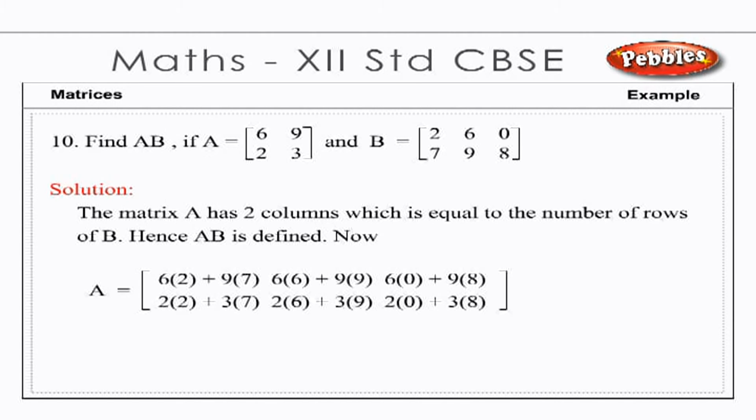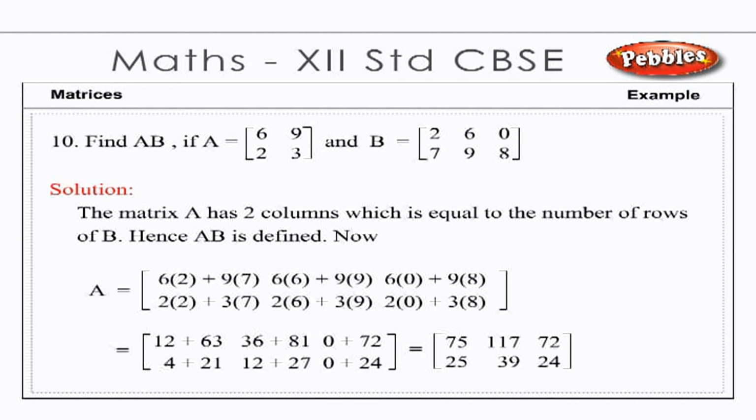Now, AB is equal to matrix [6 into 2 plus 9 into 7, 6 into 6 plus 9 into 9, 6 into 0 plus 9 into 8; 2 into 2 plus 3 into 7, 2 into 6 plus 3 into 9, 2 into 0 plus 3 into 8] is equal to matrix [12 plus 63, 36 plus 81, 0 plus 72; 4 plus 21, 12 plus 27, 0 plus 24] is equal to